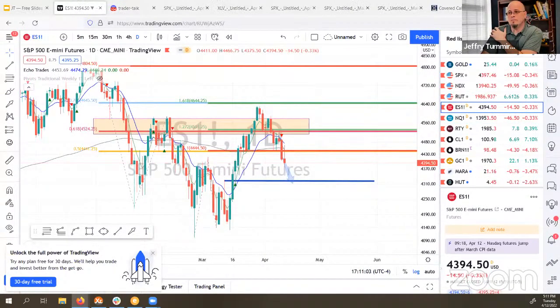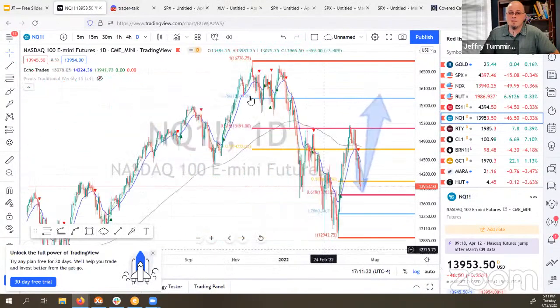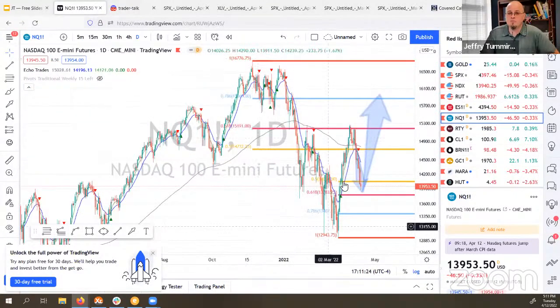All right, because the measured bounce setup just happens to be a 618. It's just one of those things that happens over and over and over again in the market. Things turn around at the 618, and we turned around on this move down. We retraced and bounced right at the 618. And then if this is going to be bullish, we can expect it to turn around again at this 618.